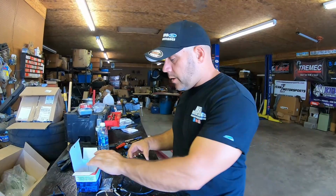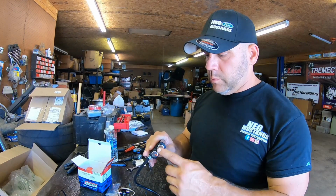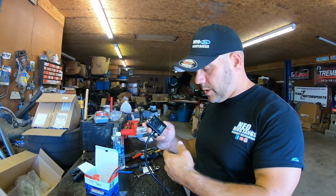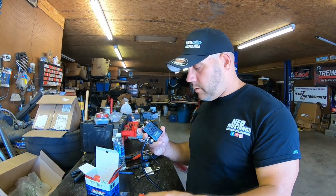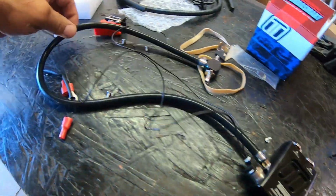All right, so what you have here is a Turbosmart TS-0105-1102, and it's a dual stage. Basically it has two manual boost control valves. It has a low boost setting, and when you hit a switch or toggle it, it goes to a high boost setting. So here in the kit, you've got the controller itself,